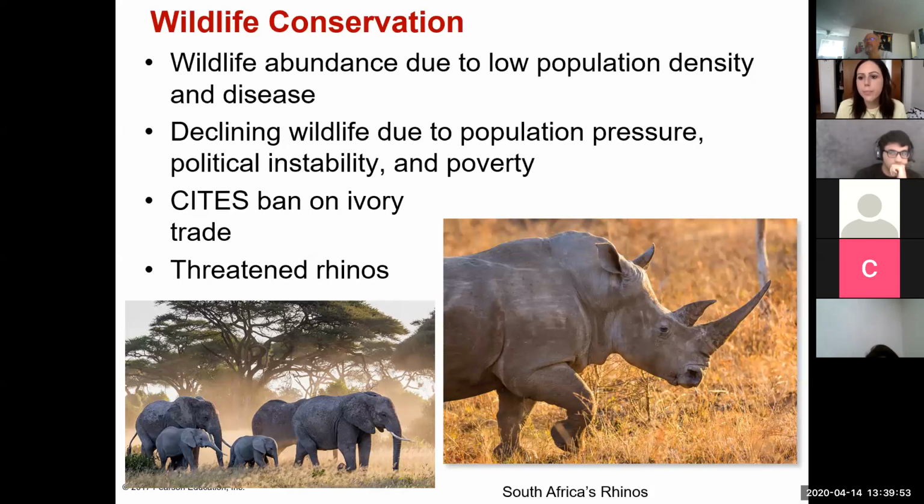But periodically they bust some people bringing in ivory. I don't know about that particular case you're talking about, but it's not unusual to bring them over and then try to distribute them around and sell them to someone